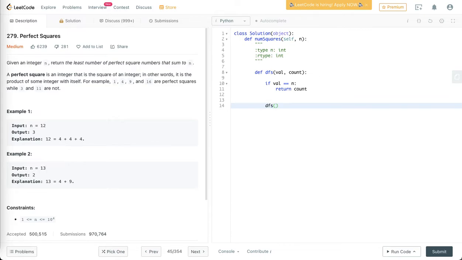So the way we are going to call it is we are just going to add value to s, where s is something we are going to generate in a range of 1 to something, and we will keep adding to that and keep adding to that count. And since we have to calculate the minimum number of counts that we have, we'll just use a result that will hold a maximum value. So in this case it's max size, and we'll just check if result is